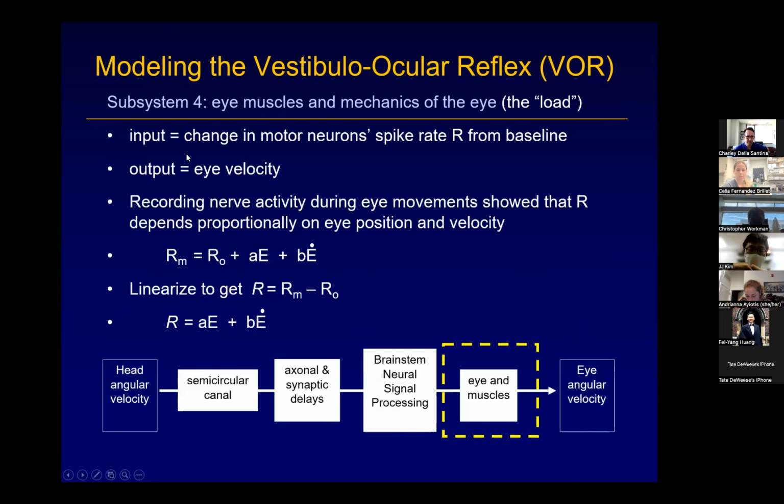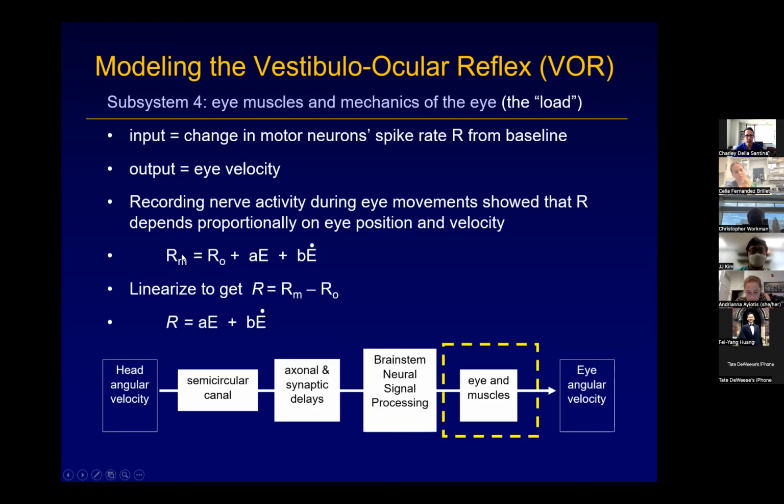It's going to be really similar. In this case, we're modeling movement of the eye angular velocity, as the output for a system whose input is firing on an oculomotor neuron. And same thing, you can go in with a microelectrode and record from the activity of oculomotor neurons that are going to those muscles I showed you. And you can say, well, how does the firing rate, I can't really change the firing rate of it, but I can just measure the firing rate while the eyes are moving around a lot during experiments. And then I can come up with a rule that says, well, the firing rate that I recorded at any